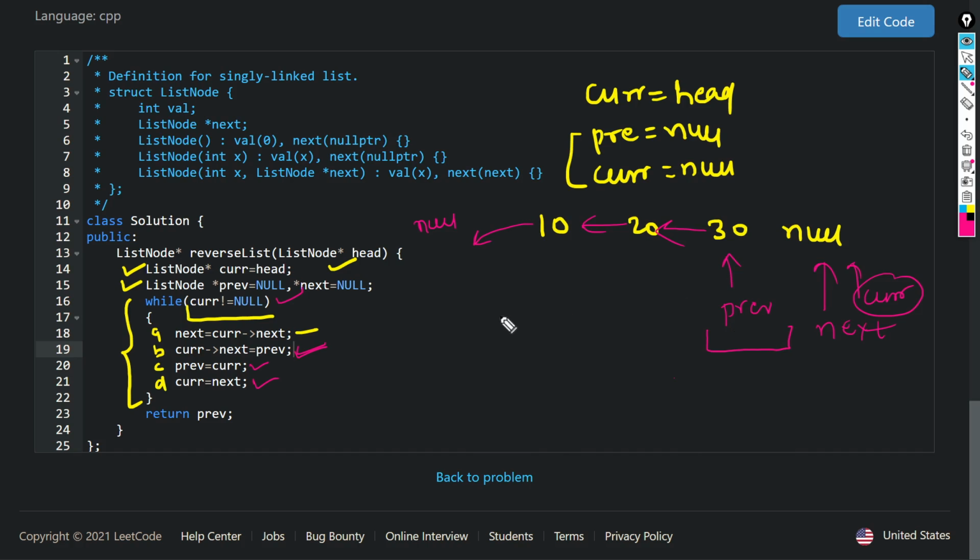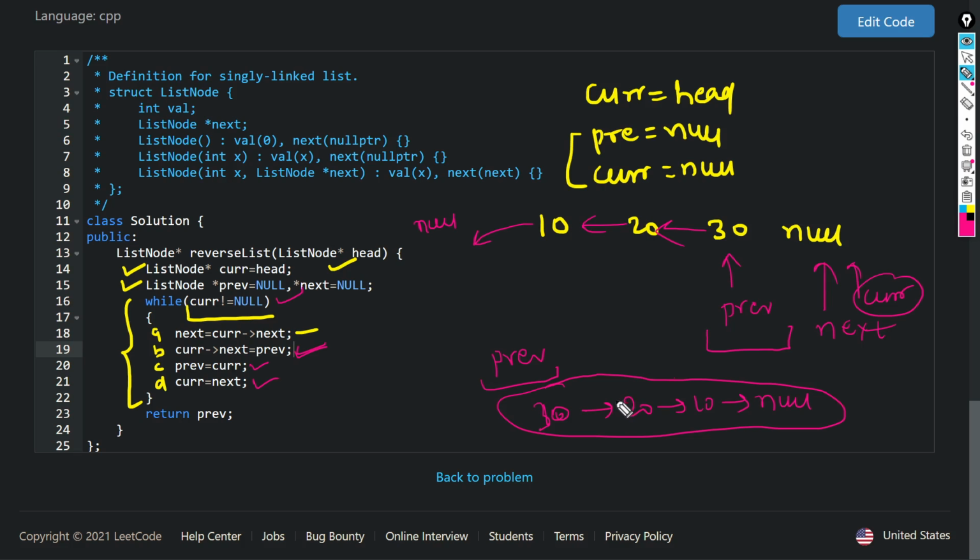So if we return previous, our linked list looks like 30, 20, and 10, and null. So it is our required linked list, which has been reversed by these steps.